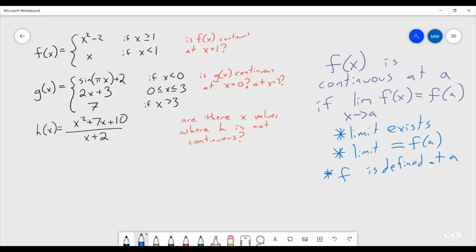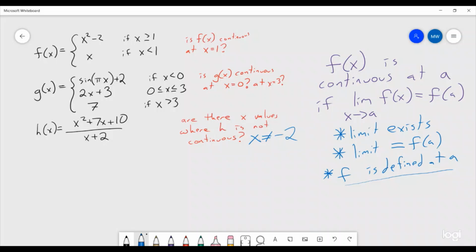So if we look at h, for example, in order for it to be continuous, h has to be defined there. So are there x values where h is not defined? Well, we're dividing by x plus 2, so it might not be defined if we're dividing by 0. So that means that x can't be negative 2. So that means that h of x is not continuous at negative 2. Whoops, I forgot the negative sign. So h is not continuous at negative 2. The limit exists, the limit goes to a certain value, but h is not defined at negative 2,